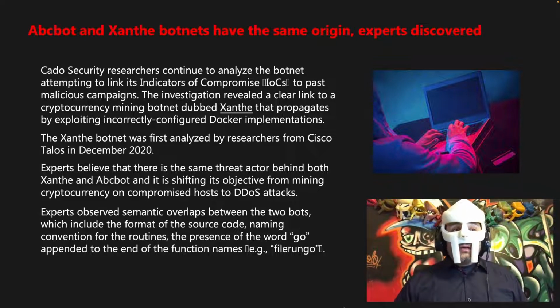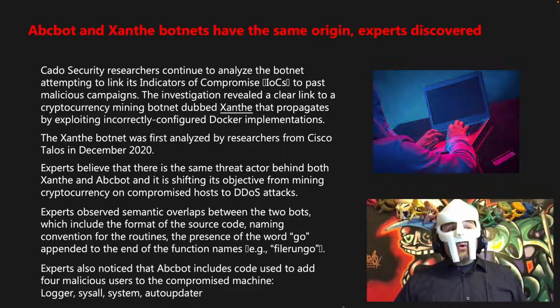Experts observed semantic overlaps between the two bots, which include the format of the source code, the naming convention for the routines, and the presence of the word go appended to the end of the function names, e.g., file run go. Experts also noticed that ABCbot includes code used to add 4 malicious users to the compromised machine: logger, sysall, system,